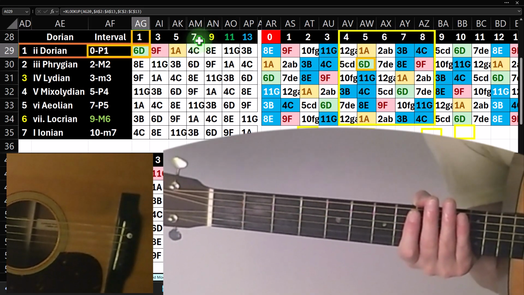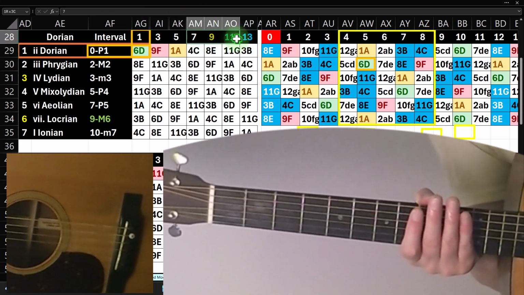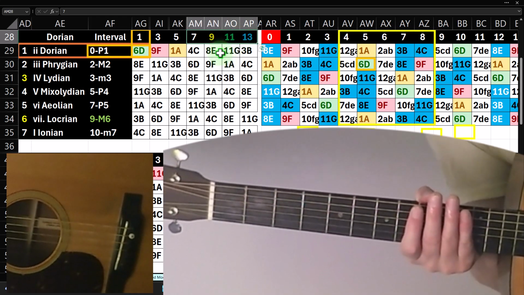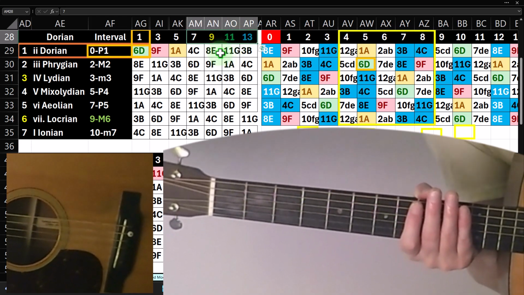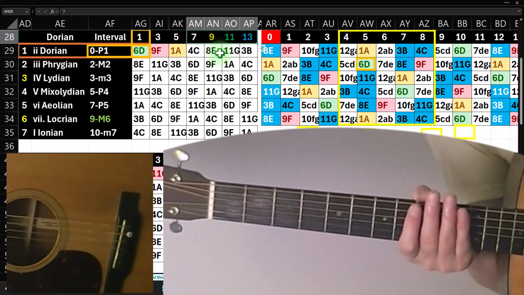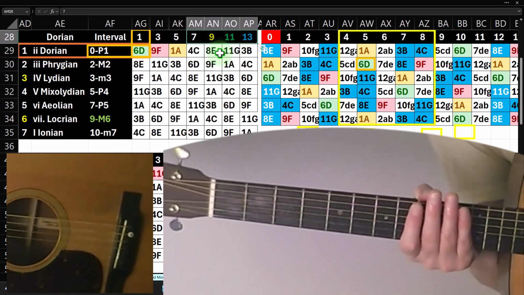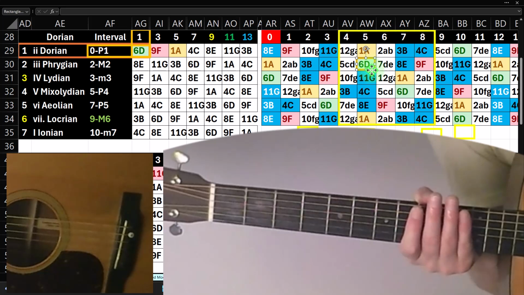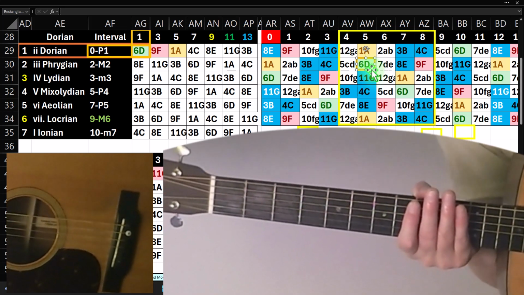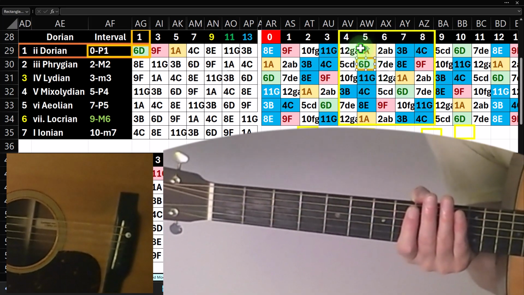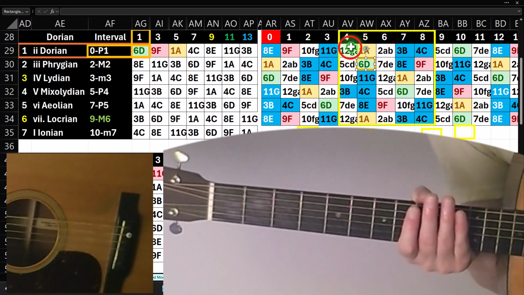But when we go beyond the 1, 3, 5 to the 7, 9, 11, and so on, there are going to be differences between a minor and a Dorian. Okay, so that's going to be part of our focus here. So as we go through and look at the intervals for the Dorian, we're going to emphasize this same shape